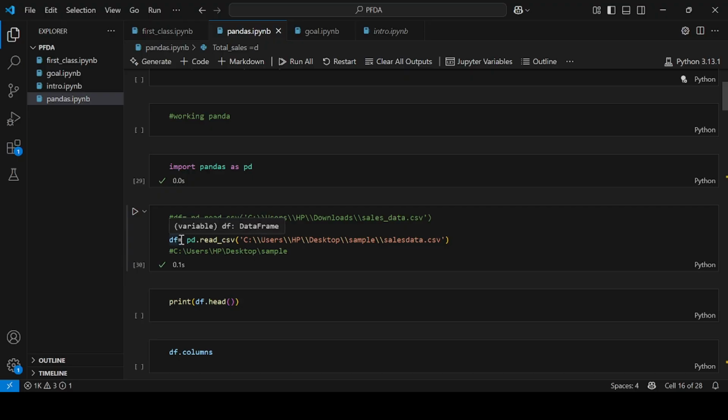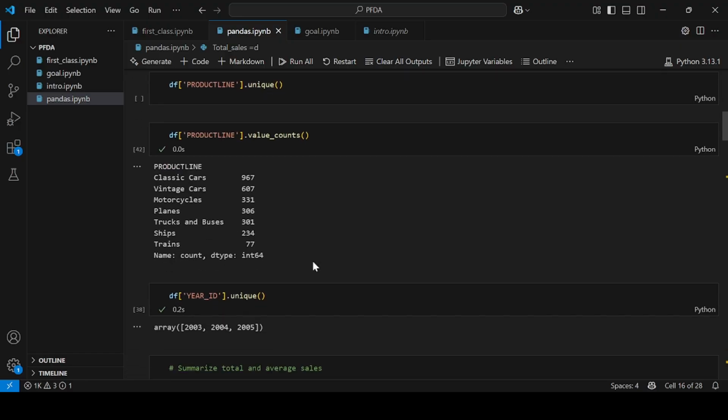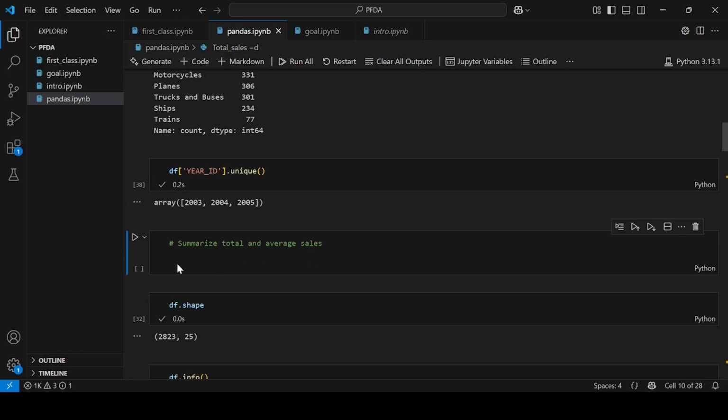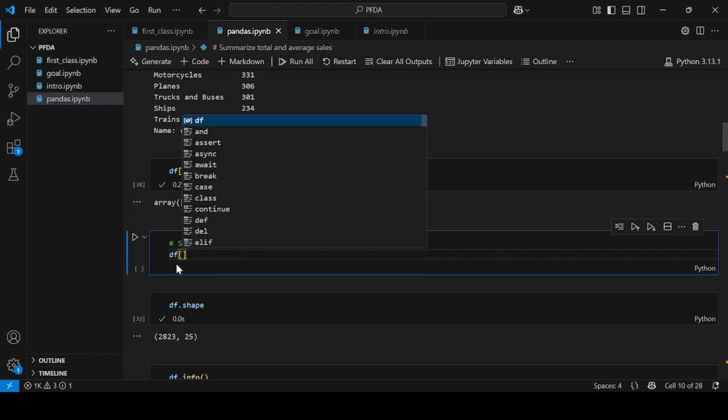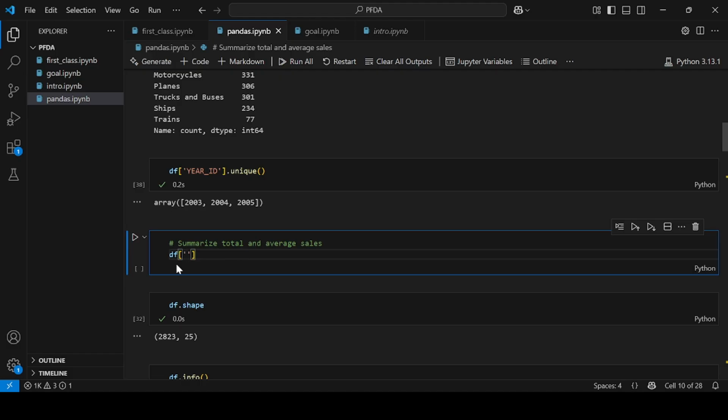I've named it df, the data frame. You can see the variable, this is the name. The essence of creating a variable is that you can always call it anytime you need it in my code. So now I'm coming down here, calling it again. This data frame will give me this column called sales, and the only way we can access it is by using square brackets in single quotes. So I'm saying give me this column named sales,